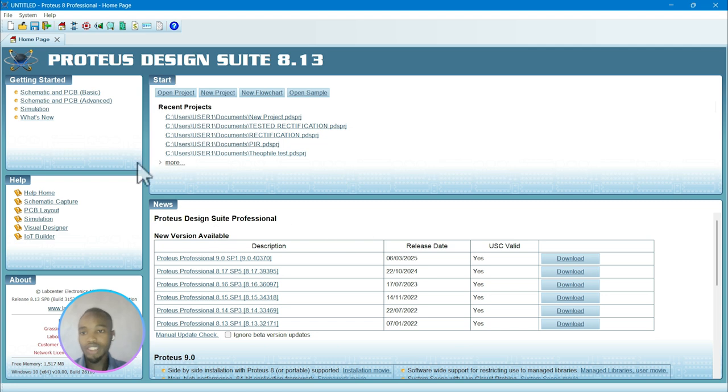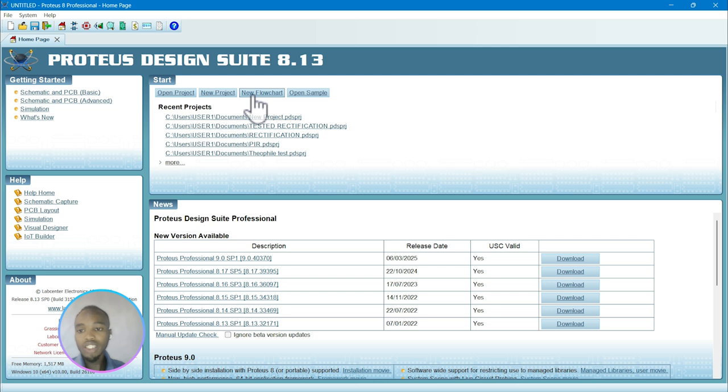You have to choose here, open project. If you click on open project, it means you have a project saved on your computer that you have to open again. But if you don't have a project, you have to create a new one. If you click on new project, it means you create a new project.